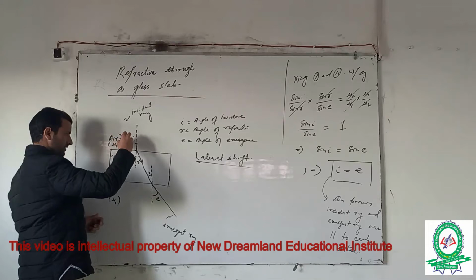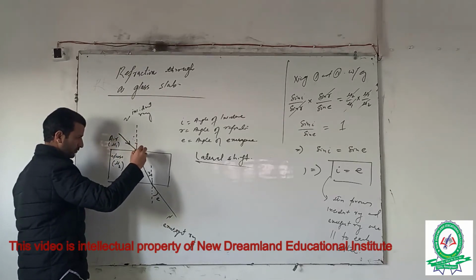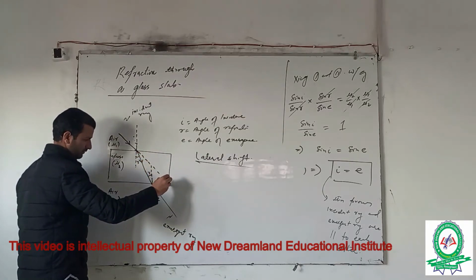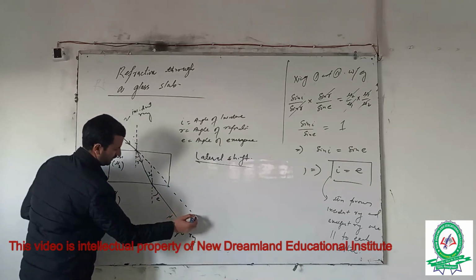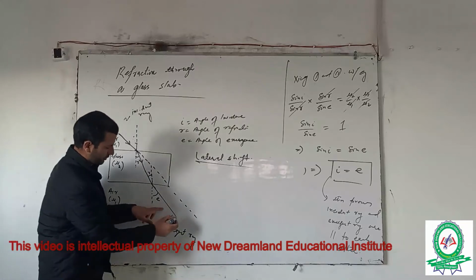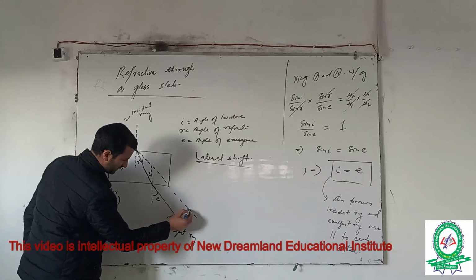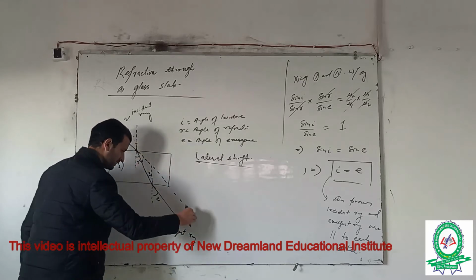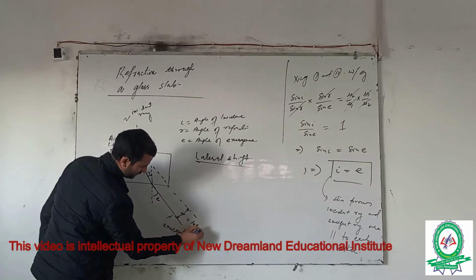this is actually the incident ray, and if we produce the incident ray, so this is the direction of the incident ray and this is the direction of the emergent ray, और इन दोनों के बीच जो perpendicular distance between the direction of the incident ray and emergent ray is called the lateral shift. This is